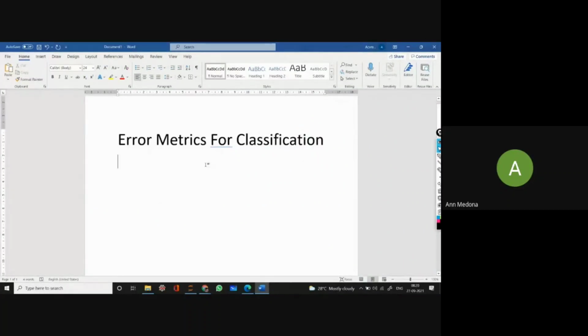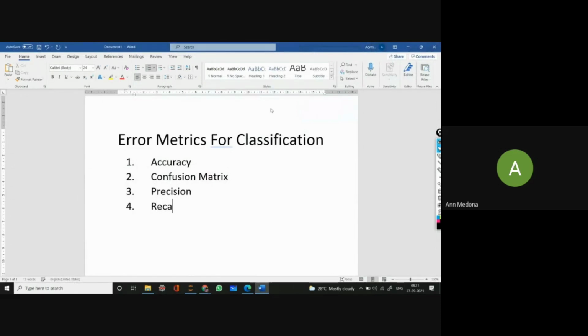Today's class we are going to discuss the various error metrics which are used for classification models. If you want to evaluate the performance of any classification model, let it be logistic regression or decision tree, whatever model or algorithm we use for classification, we can use certain error metrics. Error metrics like accuracy. You can use accuracy for measuring the performance of the model, or we can use confusion matrix, or